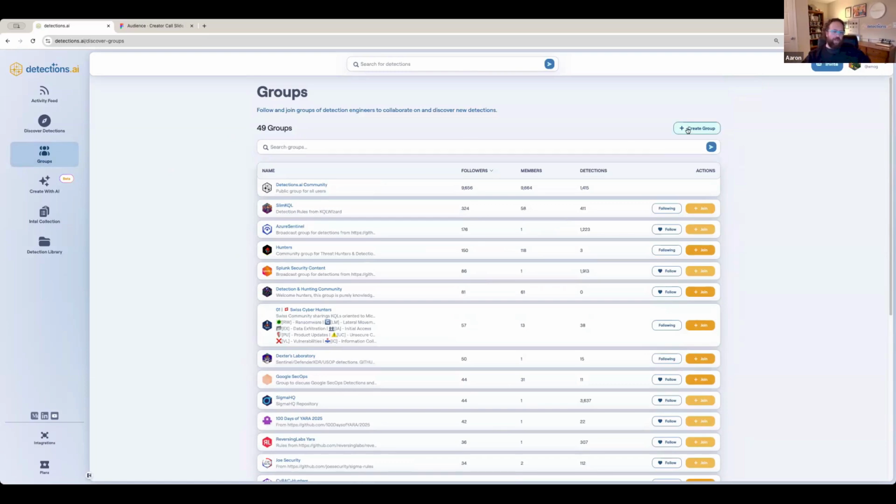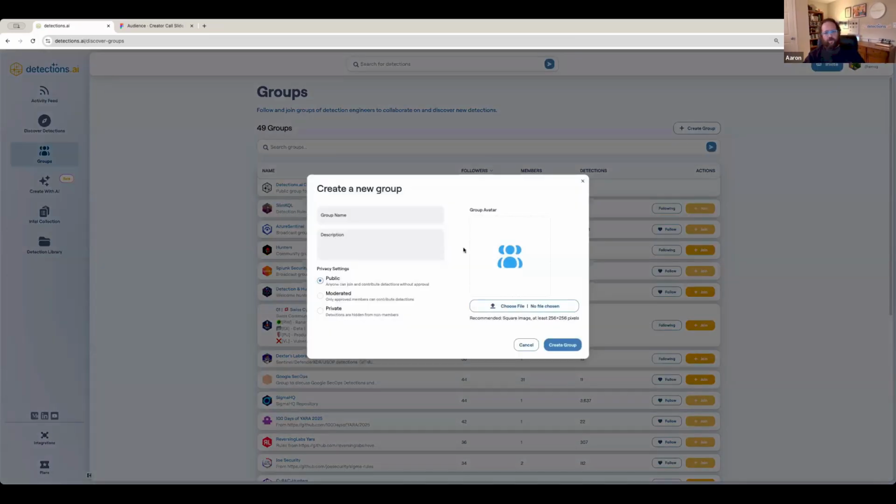So let's just say that you wanted to create a group of your audience, and we can get into what that means. So there's a little create group here. Just as a sample, I'll do one. I mentioned we're launching Suricata tomorrow, so let's just say I wanted to create a Suricata group. Let's say fans,